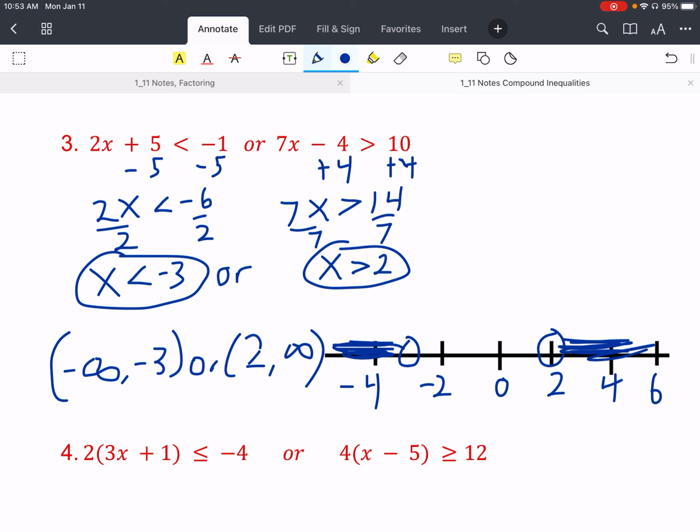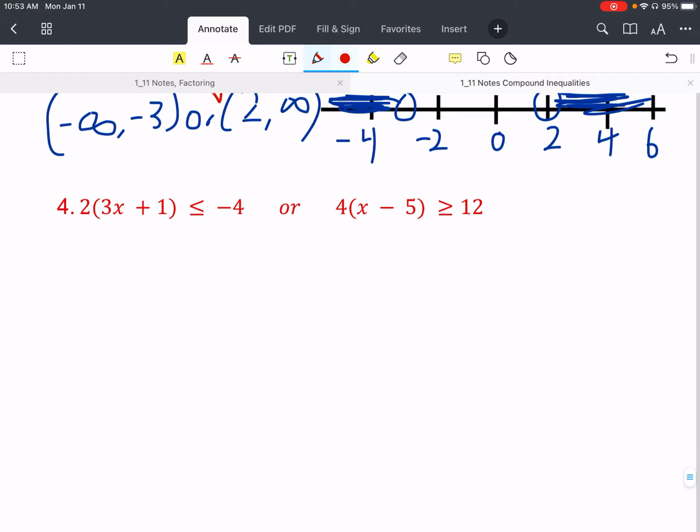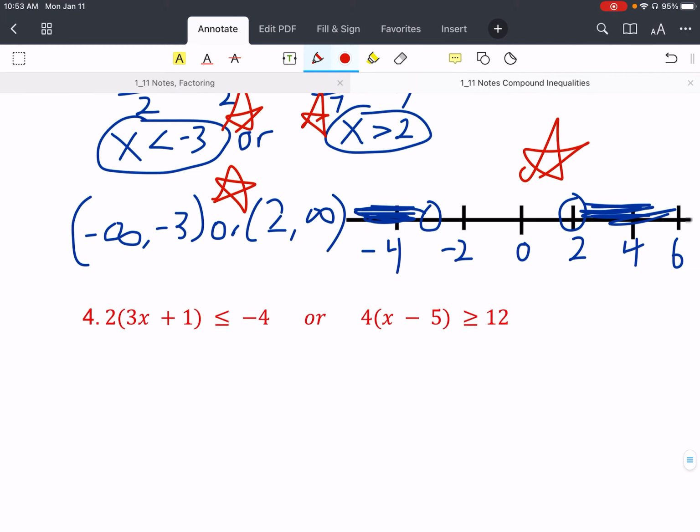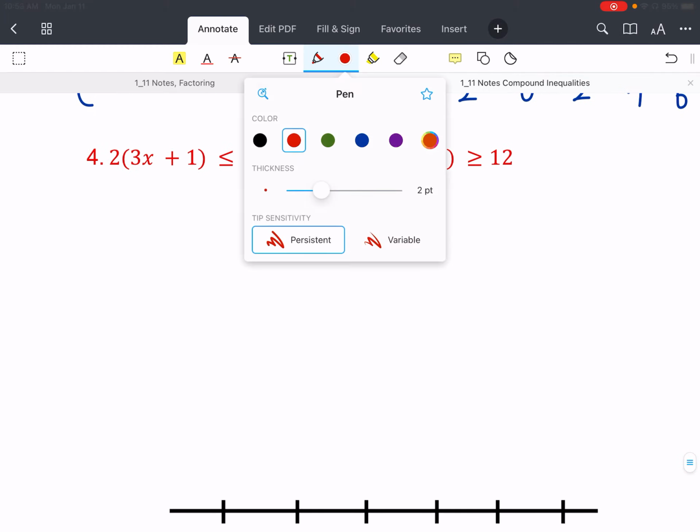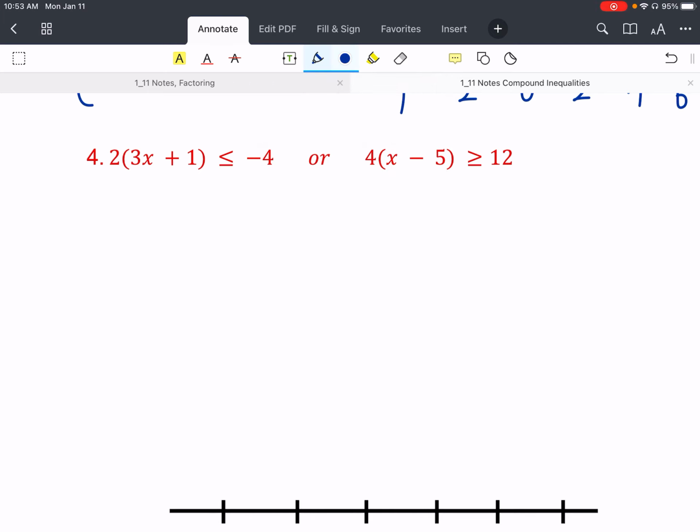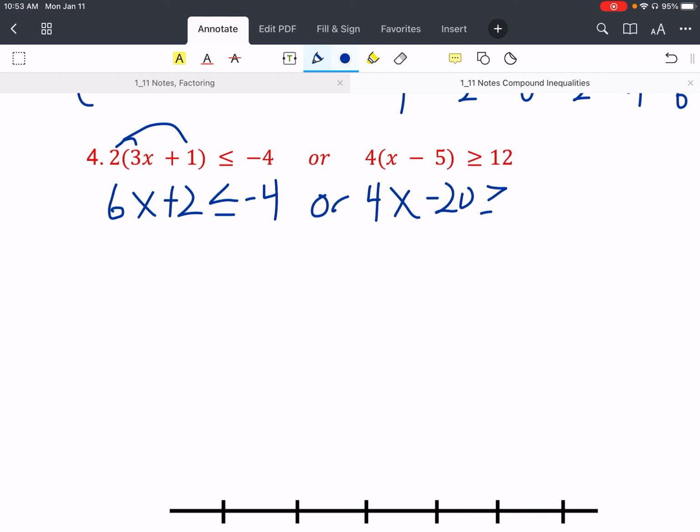So you will get 3 points per problem, 1 point for the inequalities, 1 point for the number line, and 1 point for the interval notation. All right, one more example, just to show that some of these can get a little more complicated. Here we have to distribute. We have 6x plus 2 less than or equal to -4, and then or 4x minus 20 greater than or equal to